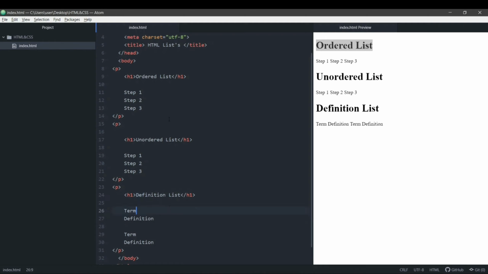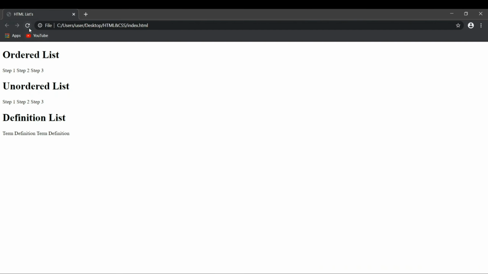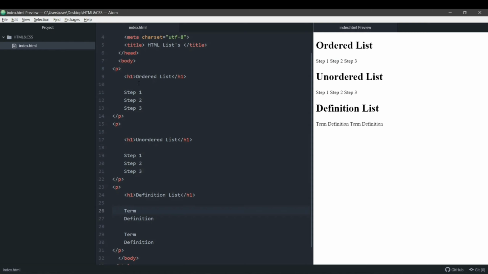Now we haven't structured this, we haven't used the tags. So this is what it will look like in a browser. If you want to check it in your browser, you can see that this is how our text looks right now. Now what we're going to do is format this text.